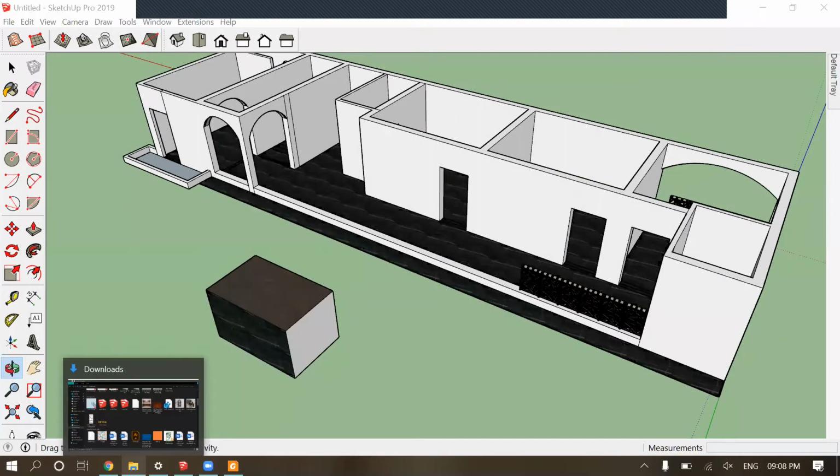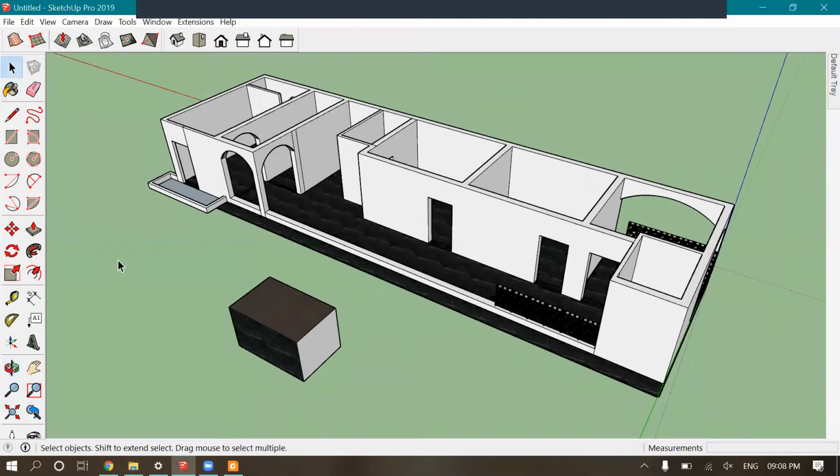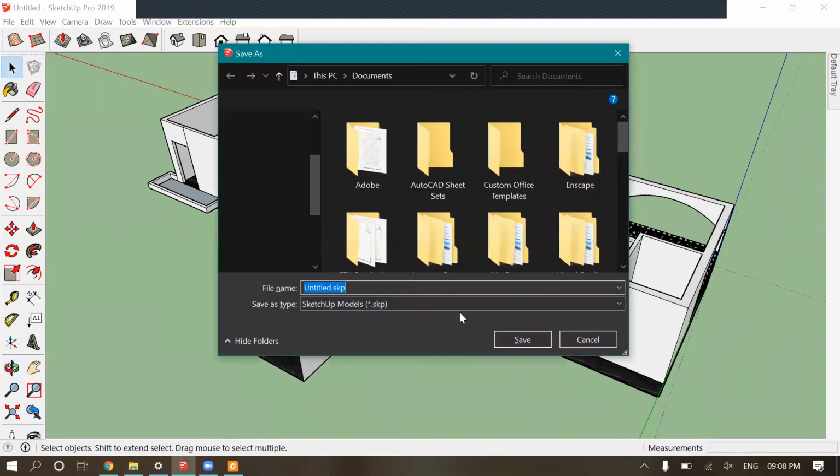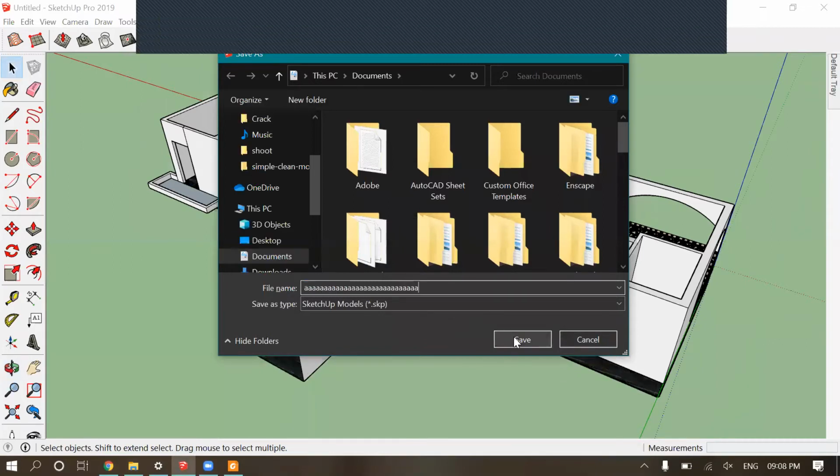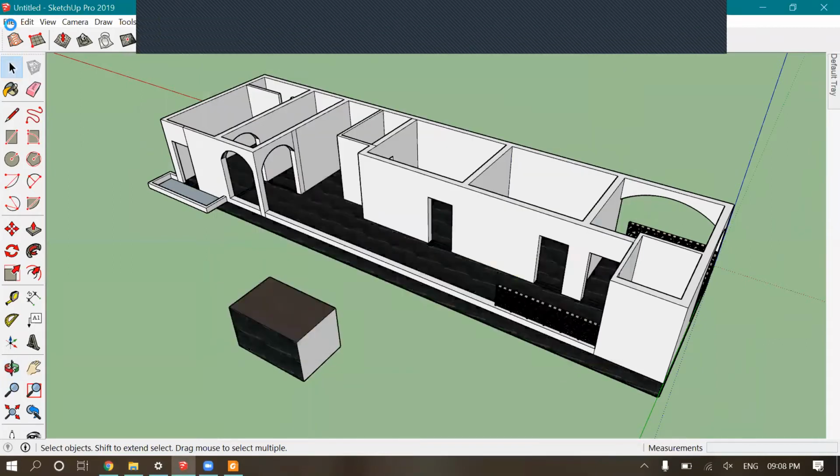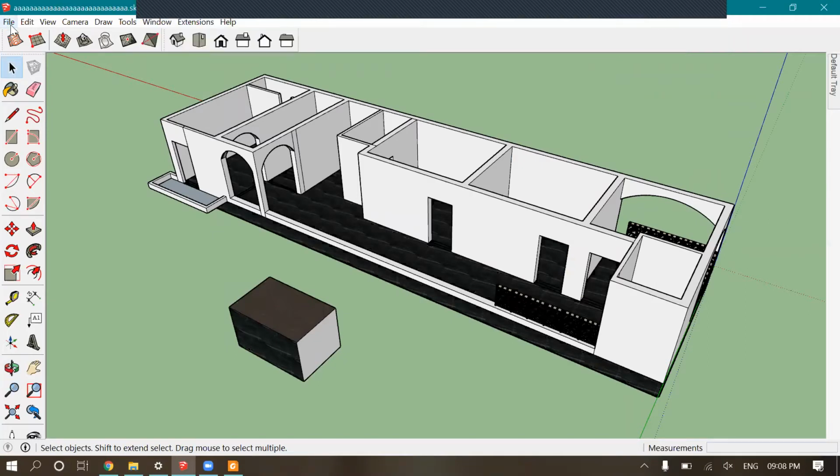So let's just start. Let's go through a bit of the cost and estimation part. So I need to save this. In cost estimation, the basic rule is that the shops charge as per square feet for tile as well as for the plies.